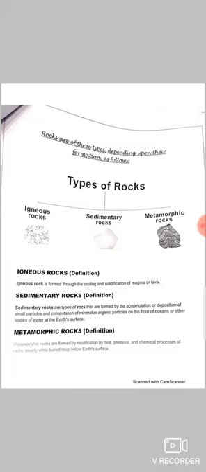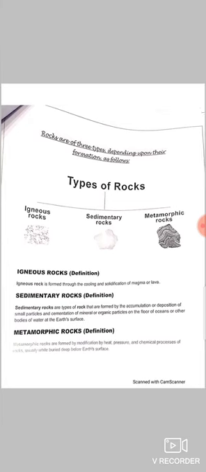particles. When the igneous particles are blown away with the help of wind or water, and then they settle down at the bottom of the seas and oceans, then it becomes sediment beds. And when sediment beds cover a large area, then it becomes sedimentary rock. It is formed by cementation of mineral or organic particles on the floor of oceans or other water bodies on the earth's surface.